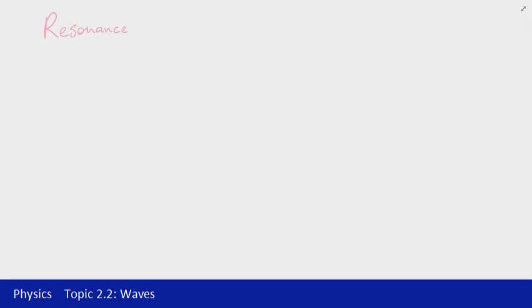In the previous video we were looking at standing waves on both strings and air columns, and they're both examples of resonance. Before we talk about what resonance actually is though, we need to talk about what a natural frequency is. The examples that we saw of the standing waves on strings and air columns are examples of natural frequency. And a natural frequency is simply the frequency at which an object will vibrate,